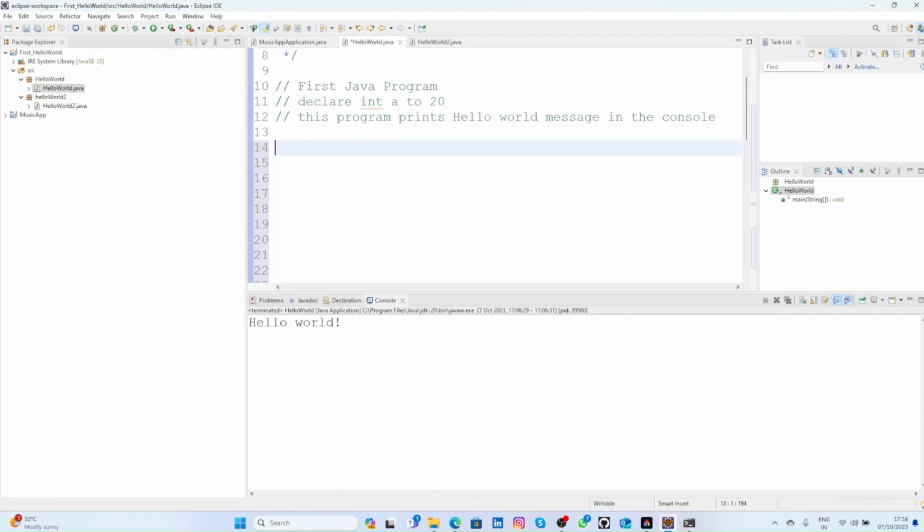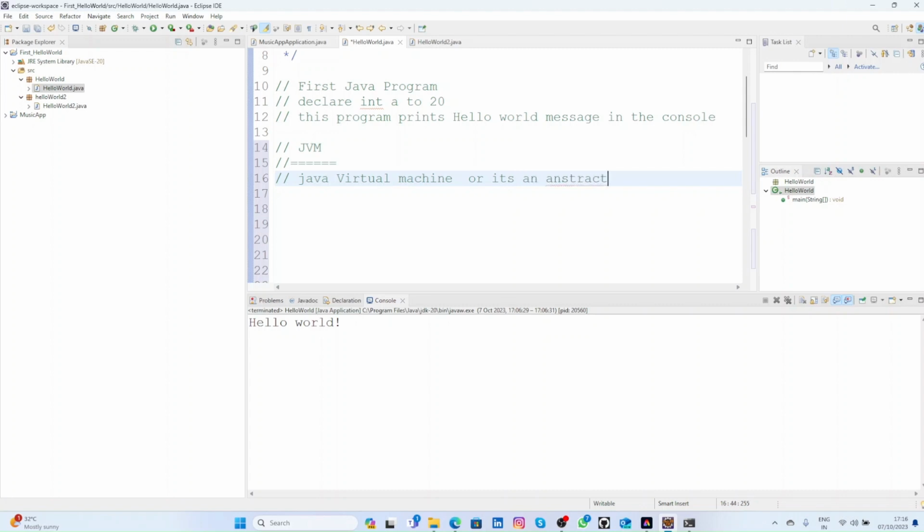What is JVM? JVM is nothing but a machine, Java Virtual Machine, or we can say that it's an